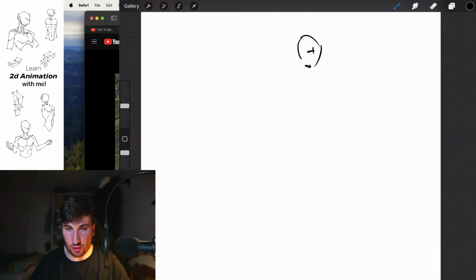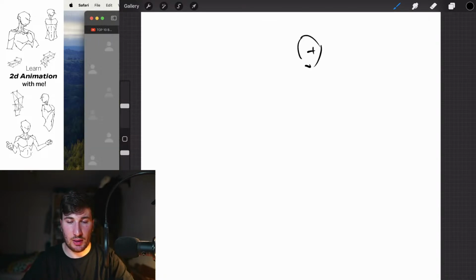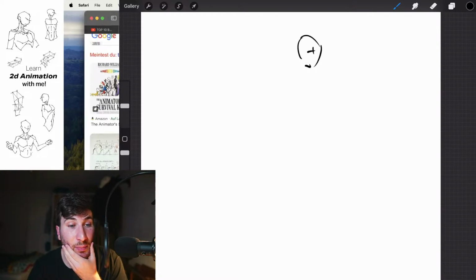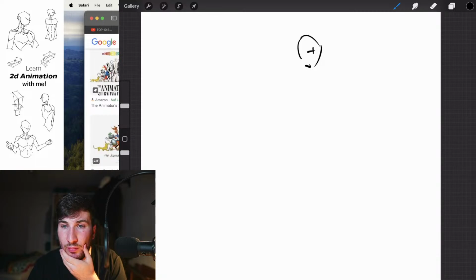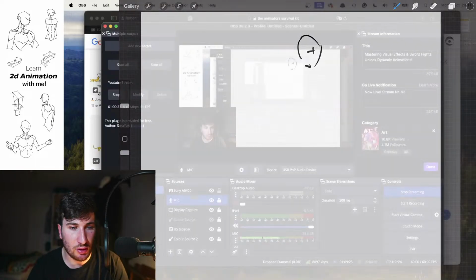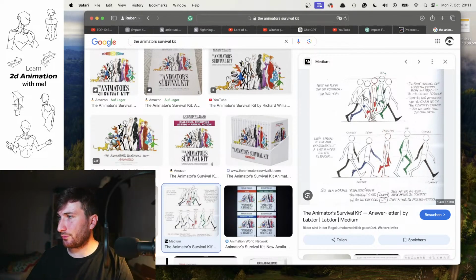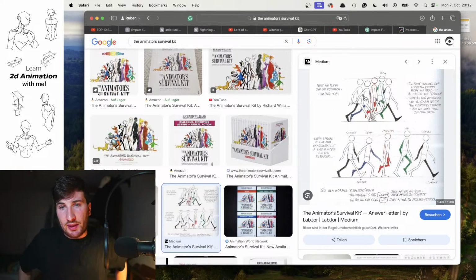And I like to remind myself of the Animator's Survival Kit, where you have these super simplified figures, and these are perfect for studying almost every movement. Let me quickly show it here in the scene. So you're using a figure like that,